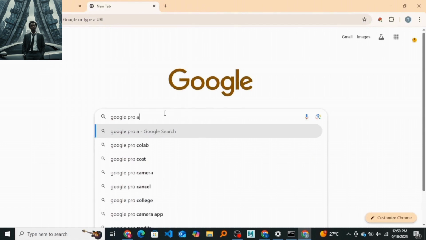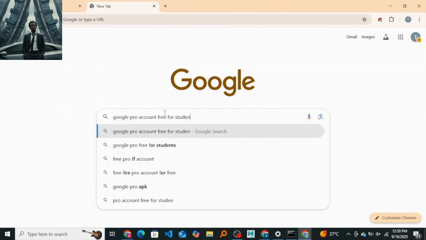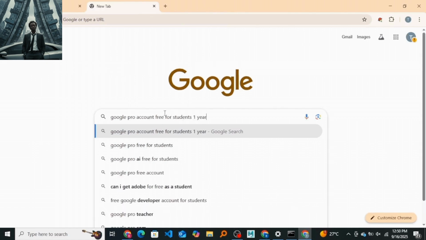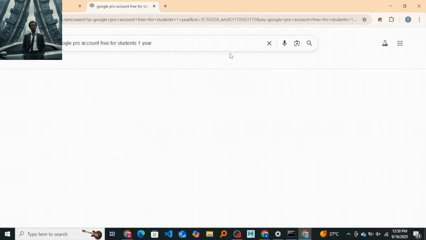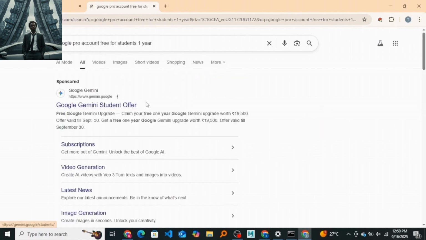So let's get started. So the first thing is that you're going to go to Google, and then you're going to type in Google Pro account free for students for 1 year. This time around you're going to search it manually, and then it will get you the results. The first one is the one you click, that Google Gemini student offer. That's it. You click it,